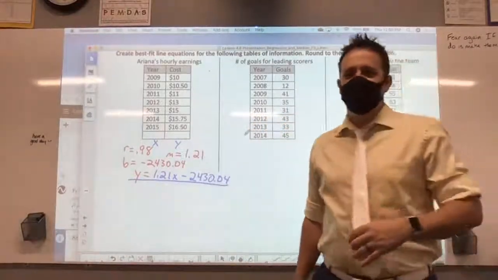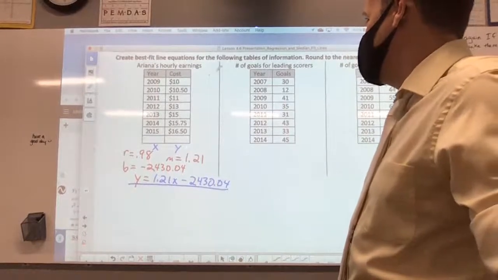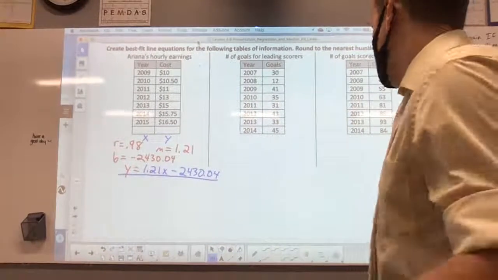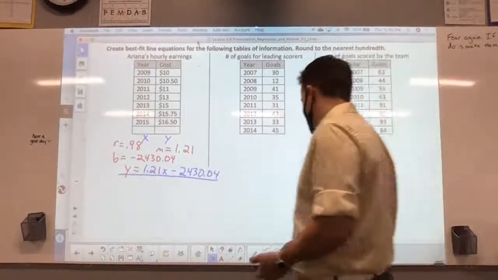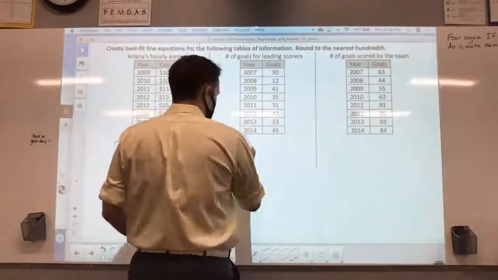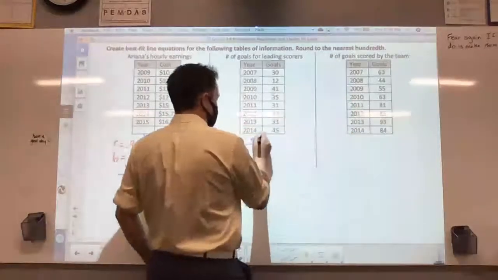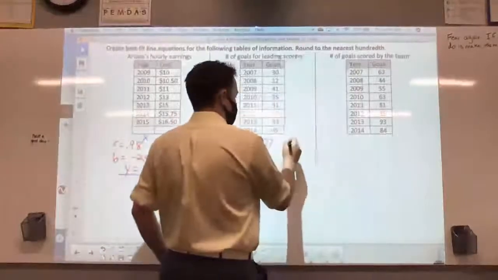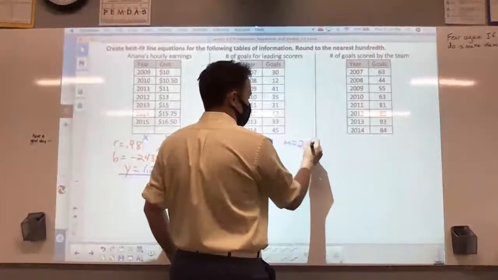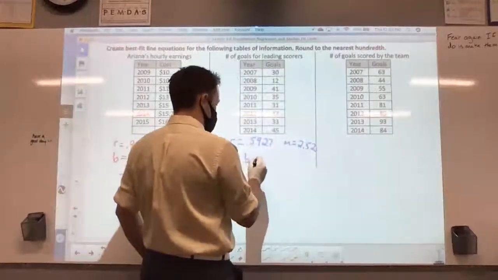All right, ladies and gentlemen, make sure as you go through these today that I give you the answers to these, and then we're going to move on. I'll give you the first couple. On this one, make sure as you're graphing it out, test it. R equals 0.5927. M on this one is 2.52. And then my B value is a negative